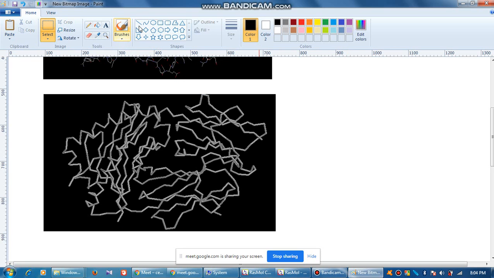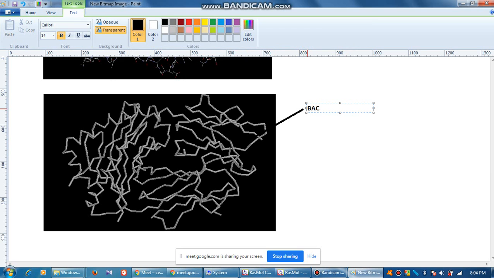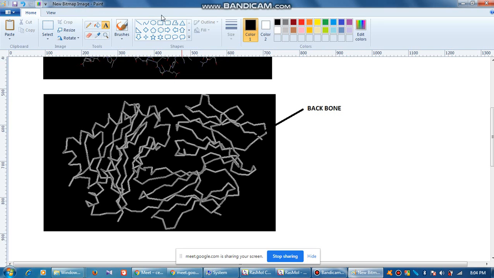Now why backbone? The backbone gives you the idea of its domains. Now this backbone can be drawn in a simple form like this.